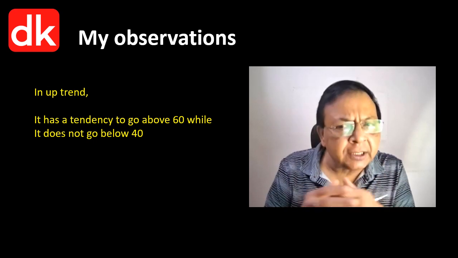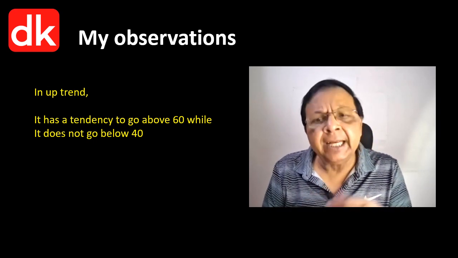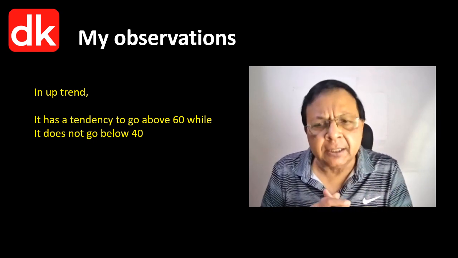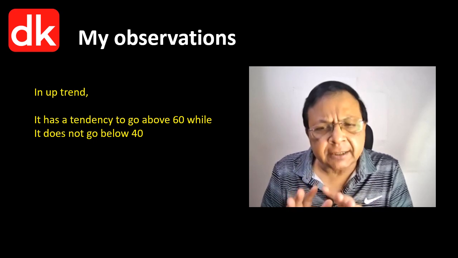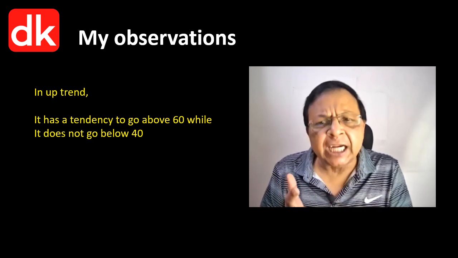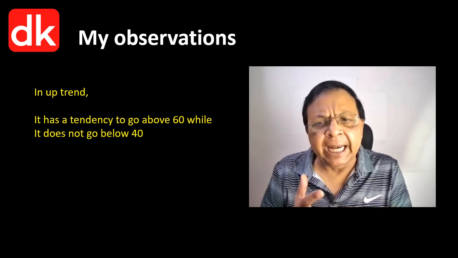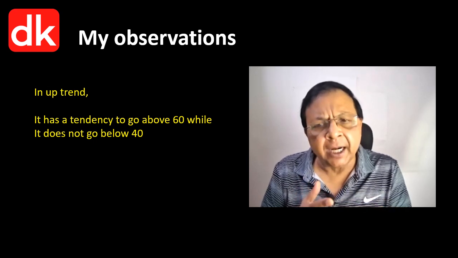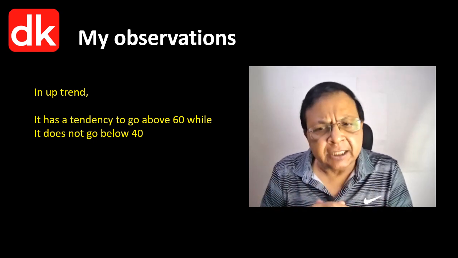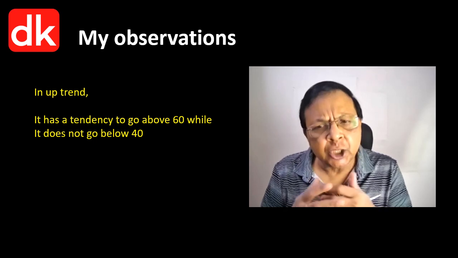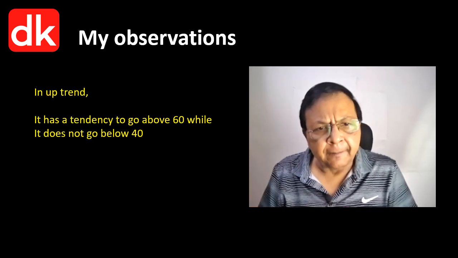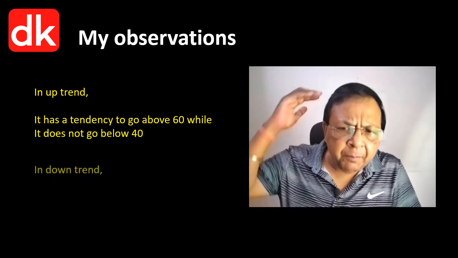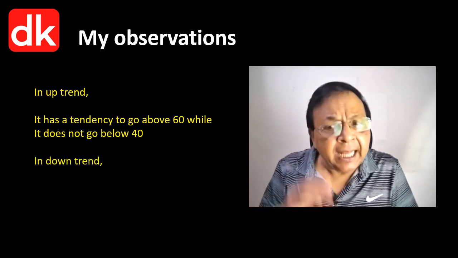And I'm giving you this task to observe at least 20, 25, 30 charts. When the market is trending up, you pick a few charts from the stock market, few from the index, few from the commodity market, and something from currency pairs, and check whether it is true or not to a large extent. And then if the market is trending down,